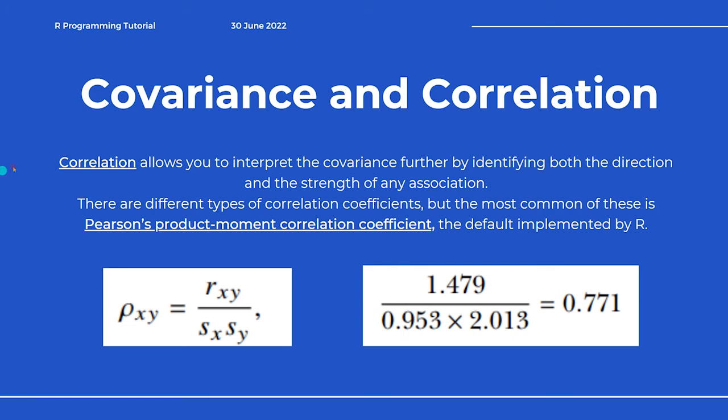The correlation allows you to interpret the covariance further by identifying both the direction and strength of any association. There are different types of correlation coefficients, but the most common of these is Pearson's product moment correlation coefficient, which is the default coefficient that is implemented by R. So this is the mathematical computation for that. What we are doing is we need to get the covariance, which is 1.479, divided by the